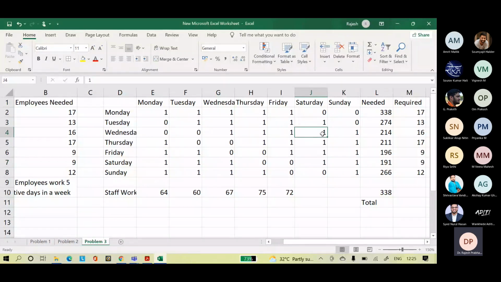So 29. Can you repeat this part, sir? I'm starting with the ones. See here, we have ones, right? So corresponding to the values of ones, the 64 is nothing but 17, 17. Wherever you have ones, you will take. Zeros you will not take. So here, 1, so we will take these cells. So 13 plus 16 is 29, 46, 52, 60, 46 plus 9, 55, 64. So you add up the numbers where you have 1. Zeros you can't take.